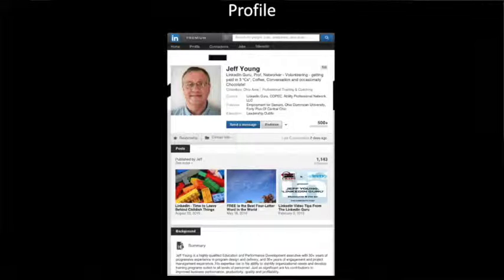So if they go onto your profile, the first thing they're going to see under your heading and your picture is your summary. Within your summary, it's usually about one paragraph. And most people, with their summary, just talk about what they do in their business. And that's great. But if you have a specific objective and you want to get the most out of LinkedIn, you should put a call to action right in your summary.